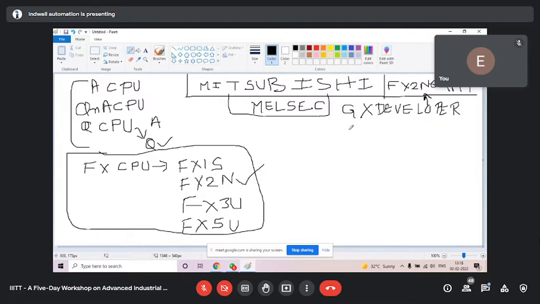GX Developer or GX Works, you can use any. GX Works is the latest one, but you can make programs in the same way in both softwares. I shall use GX Developer, but these two CPUs you will find in GX Works, not in GX Developer. Okay, GX Developer software we shall use.